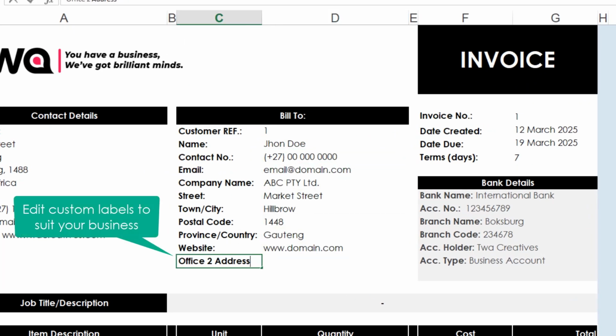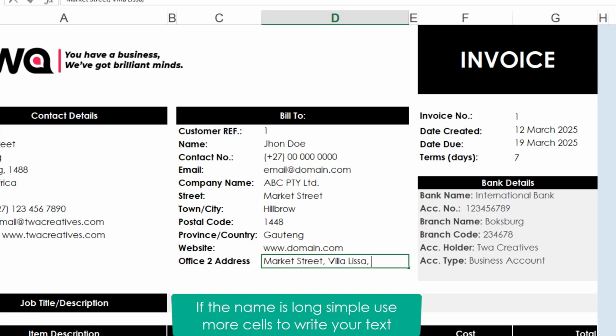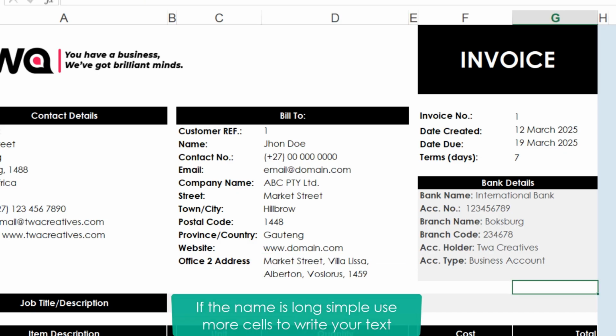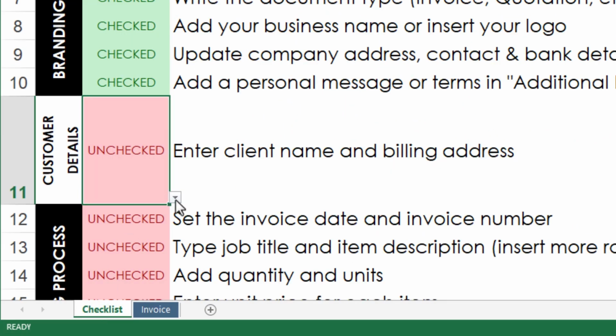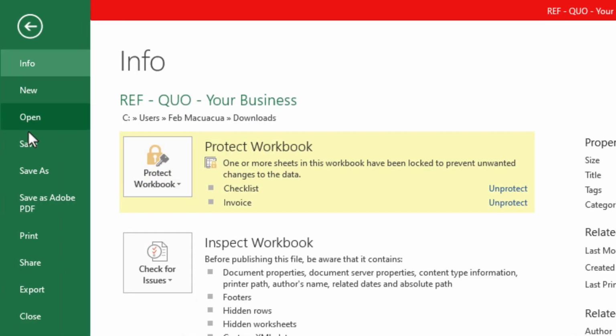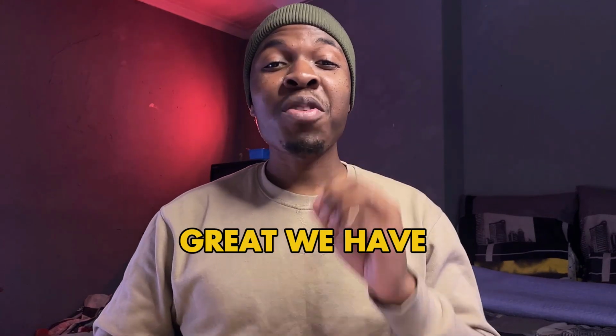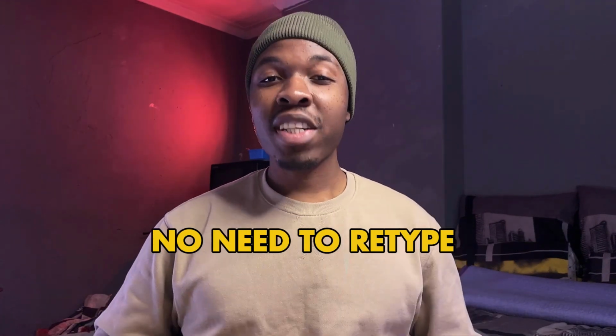You can create custom labels and use 2 cells if the name is too long. Once that is done, return to the checklist, mark it as checked, and save your changes. Great, we have successfully added your customers' details for future use, which means no need to retype them every time